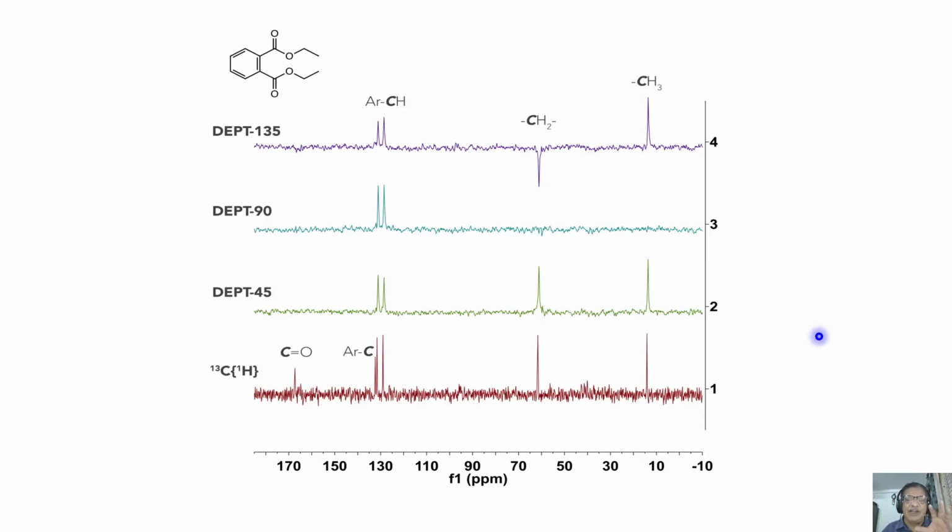As I've been telling you, NMR is an ocean of knowledge. What I'm giving you is only the tip of an iceberg. Please go back, read more about carbon-13, more about the types of experiments we do for identification, etc. So next class, I'll go to heteronuclear interactions and analysis of coupled spectra of different nuclei.